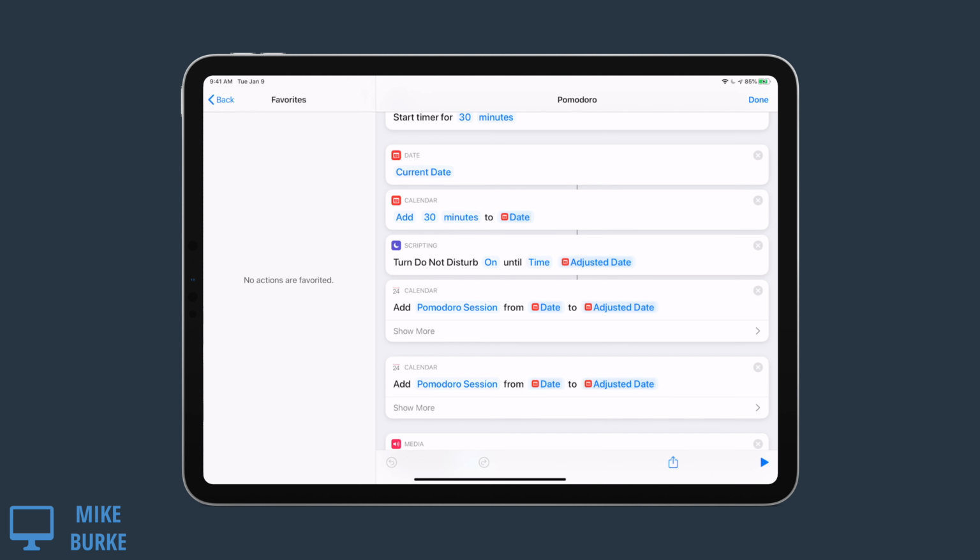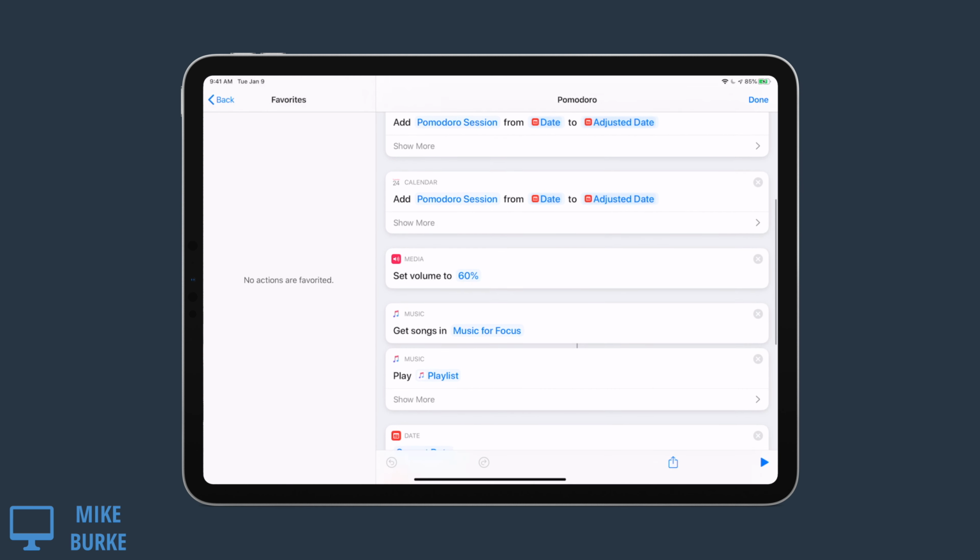But it also creates those things in my calendar so that if somebody looks me up in our school's system and sees my calendar availability, it's going to show up as not available. If they try to have a Skype call with me or anything like that, or a Teams chat, it's going to be marked as unavailable. So I shouldn't get any notifications from that, and nobody should have any expectations for me to communicate back with them. So this chunk here is about, again, cutting myself off from the outside world by turning on Do Not Disturb and putting events on my calendar that prevent other people from initiating contact with me.